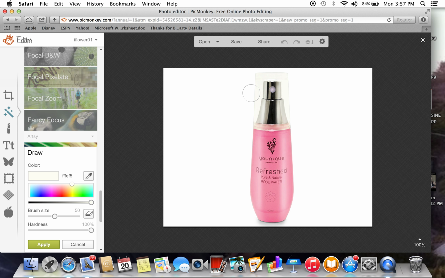So for this picture, let's pretend I don't want it to have the top part for some reason. So I clicked on the white right here, and then I would just click over it. You can see I'm like erasing the